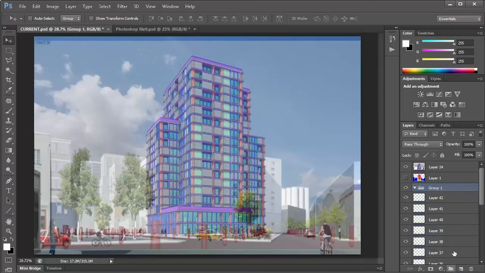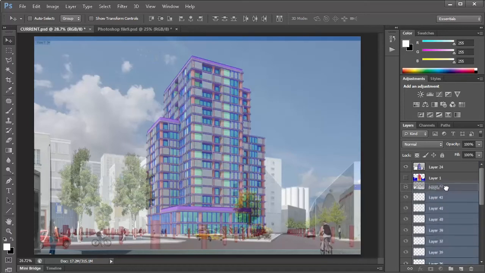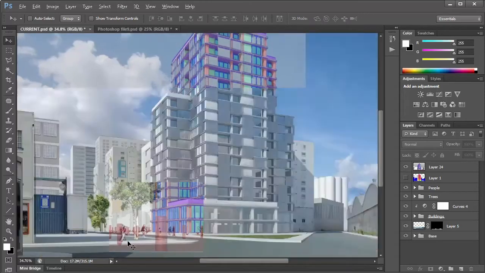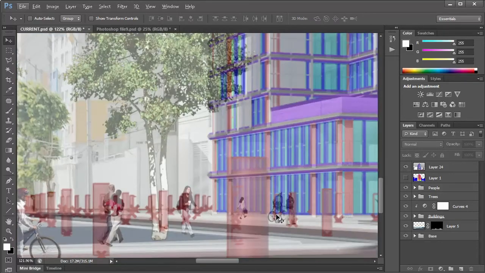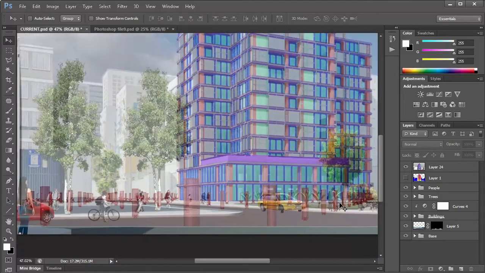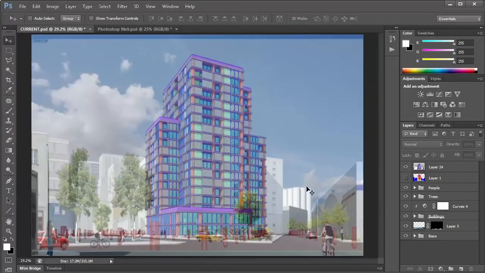So again, just make a folder. People. Put them in here. Now see, they're all well referenced according to the heights of the markers that we'd set. That's actually really, really useful, because it's very, very difficult to judge proper sizes.